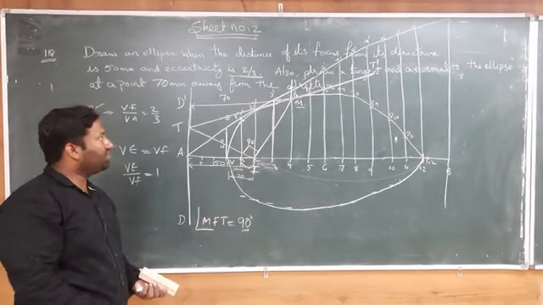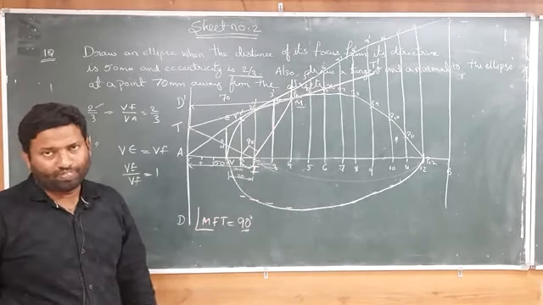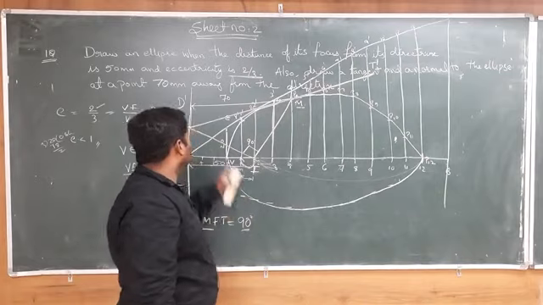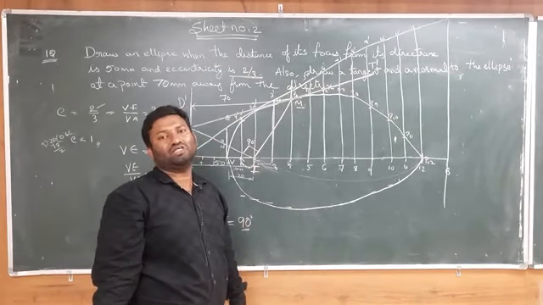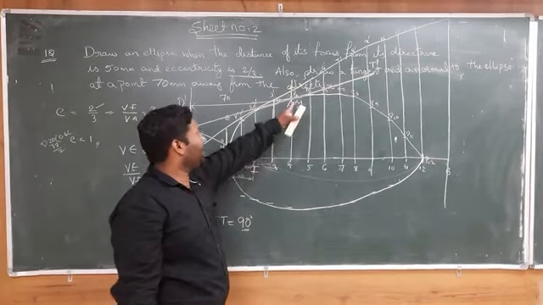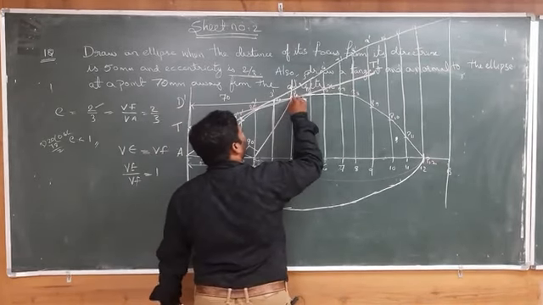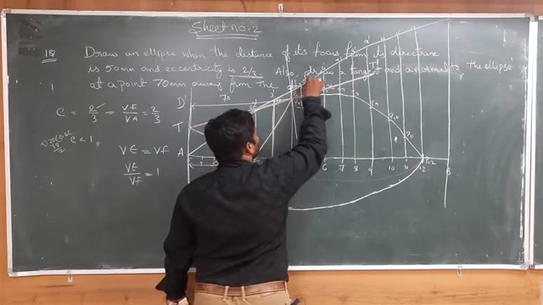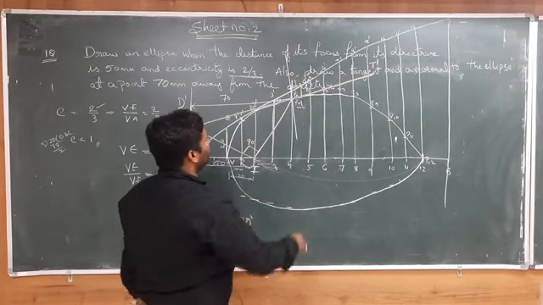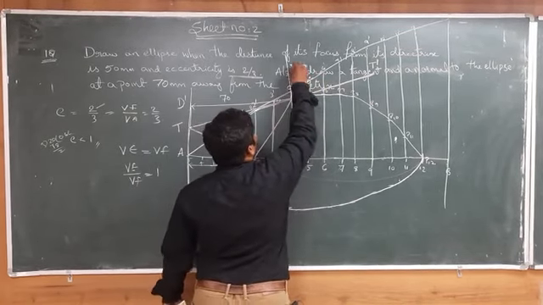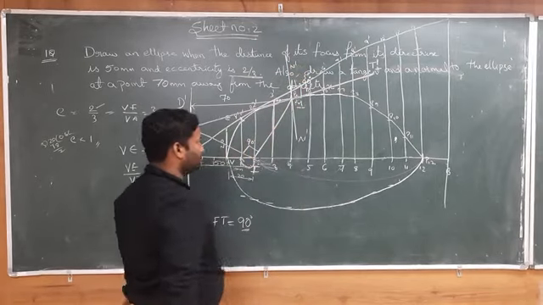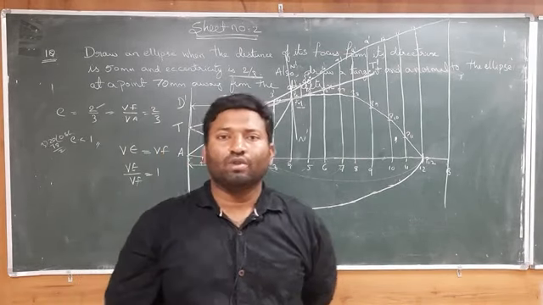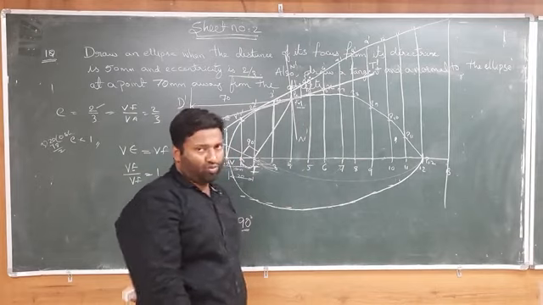Now after that we have to draw the normal. How to draw a normal: simply we have to draw a perpendicular line to this tangent, at the point M. Means we have to draw a perpendicular line which makes an angle of 90 degrees at this point. So this is our N complement. So this is our normal. So this is the method which we have to follow to draw a tangent and a normal to the curve.